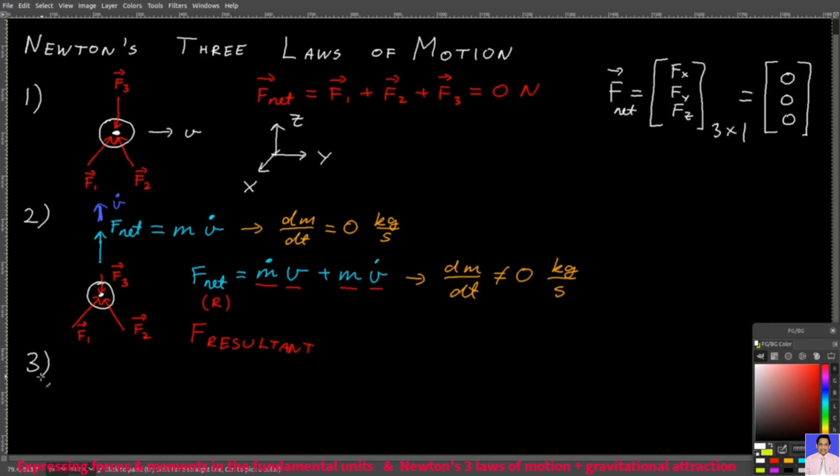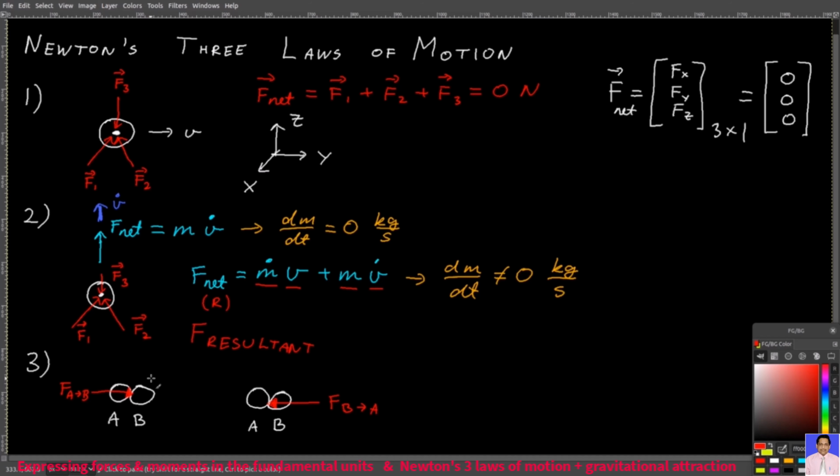And then the third law states that if you have two particles, let's call them particle A and particle B, if particle A applies some kind of force on particle B, let's call it F from A to B, then that means that particle B applies a force to particle A, F from B to A,